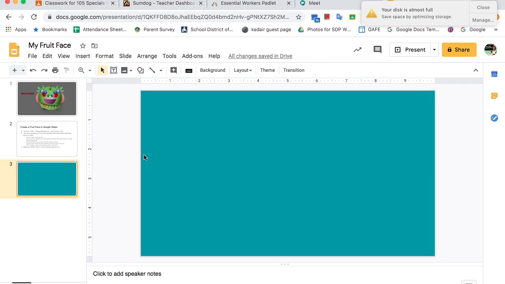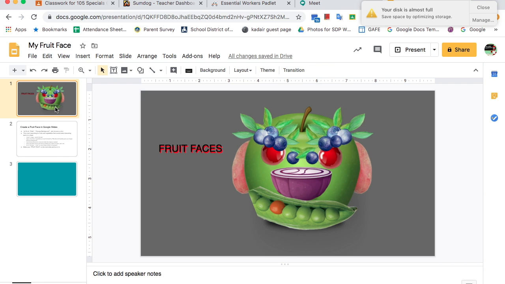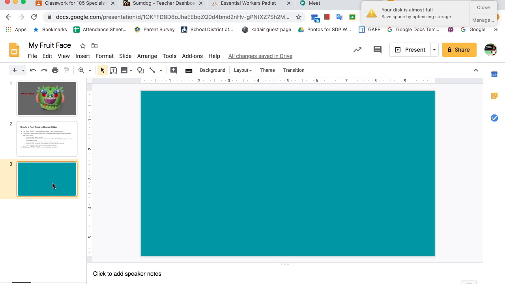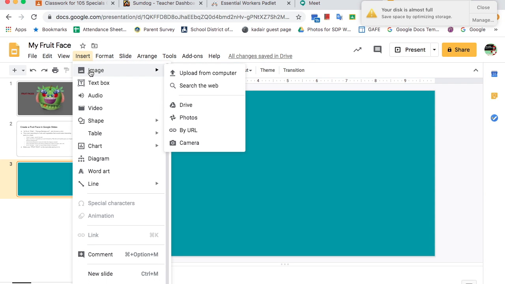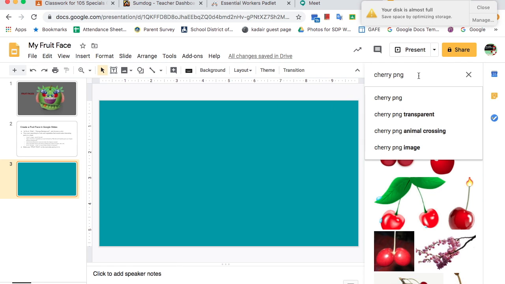So I want to insert a fruit or a vegetable, and since I'm building a head, I probably want to start with what would be the shape of the full head. On this slide you see I used an apple, right? Something roundish, or whatever kind of fruit or vegetable I want as the shape of my head. It could be a corn cob, however you want to build it. So I'm going to go Insert, Image, and I'm going to go to Search the web. In the search bar,